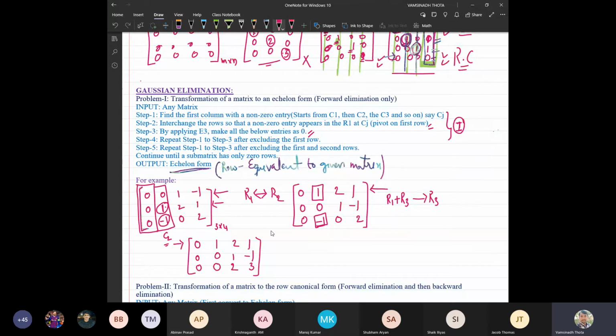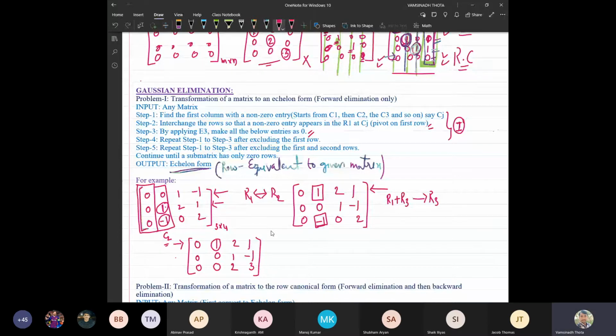Step 1 to step 3 for the remaining rows. Well, now again we go back to step 1. Now in this one, what you need to do here? This is already 1 as the pivot element is there. In the second row, if there is any pivot element, it has to be towards the right. That is the reason we made all the below entries 0. That was the reason. Okay.